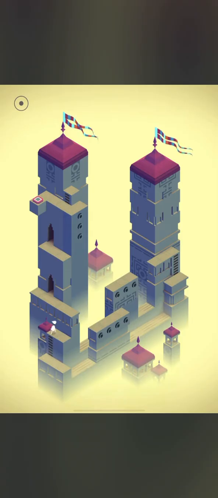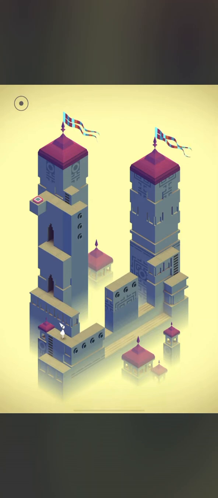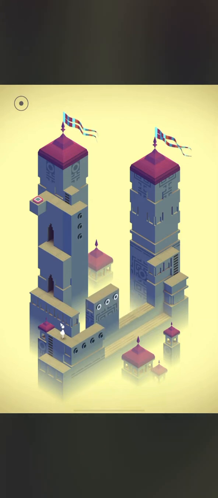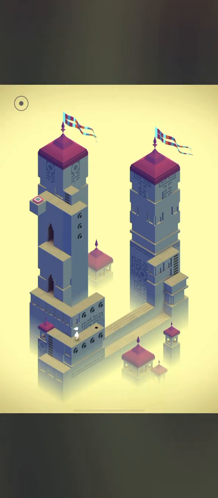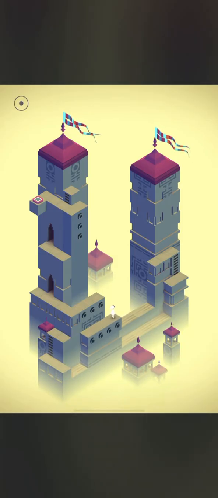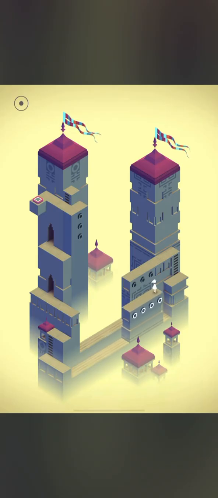Alright, let's see how this stage goes. I think I may need to move something here. Okay, yeah. So those little, I don't want to call them pillars, but those little kind of movable, slidable blocks. Sure, I can move them back and forth, slide them back and forth to move her on it.